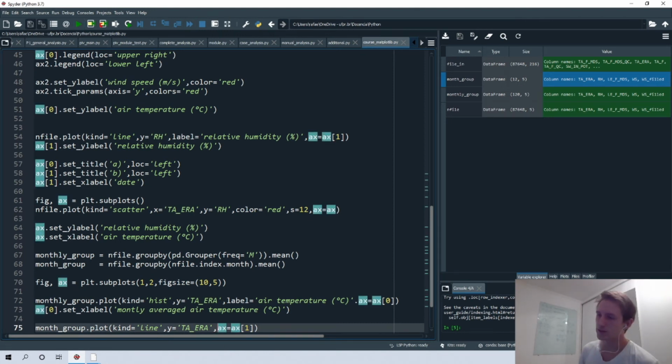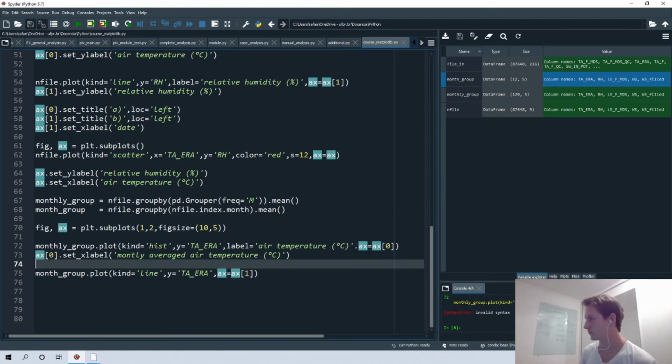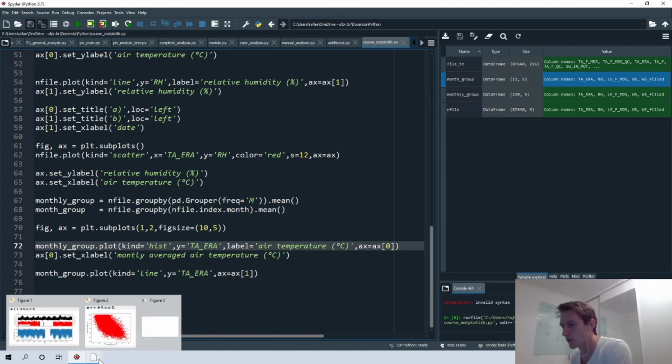We can also define the x-axis label and the y-axis label here, but okay, it's not right. Yeah. Okay, so here we have our plot.